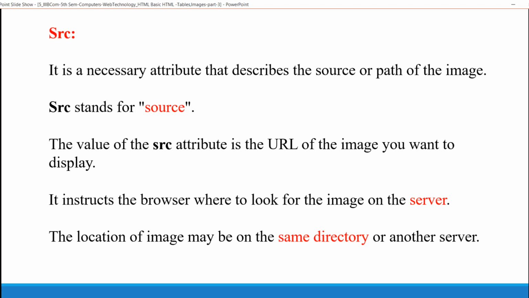The value provided for SRC is the URL of the image you want to display. It instructs the browser where to look for the image on the server, either in the same directory or other servers. Location of the image.